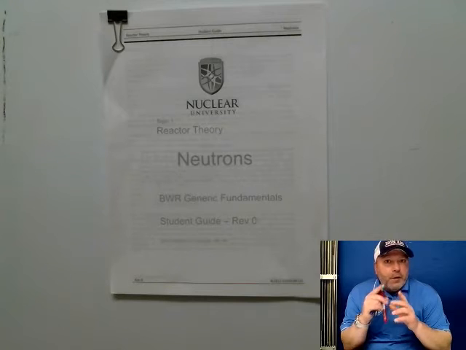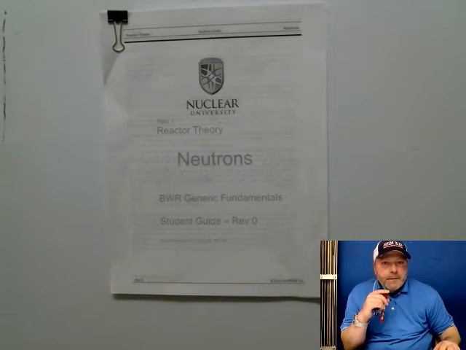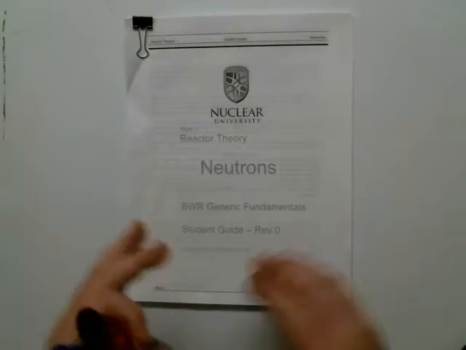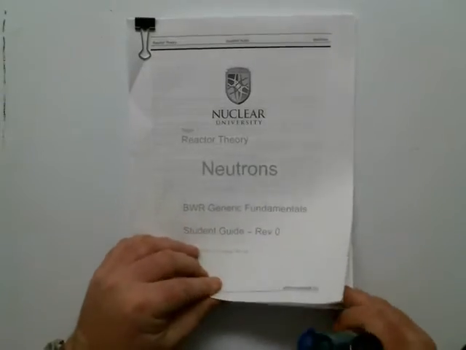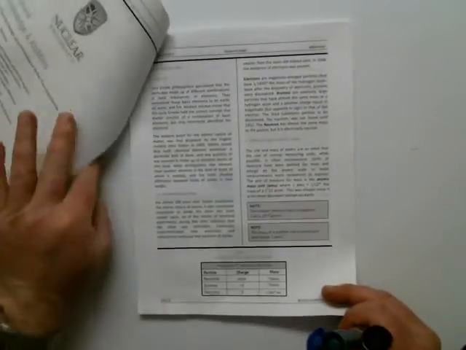So we'll be talking about neutrons, tons and tons of things and characteristics of a neutron that are very important. All right? So I'm going to come right here. You can see it's neutrons, topic 1. And we're starting here on the introduction. Now,